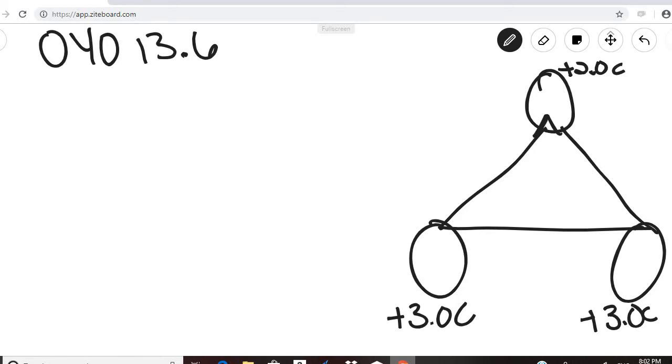And in this problem, we want to know what is the charge that is acting on this one right there. So that is the one that we are interested in. Okay, so let's do the electrostatic force between, well, first of all, let's go ahead and look at the angles here. So if we draw this like this,